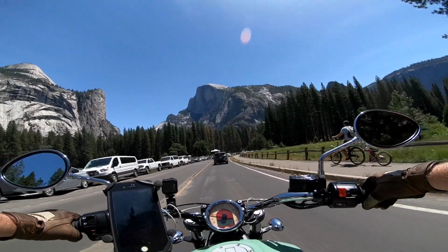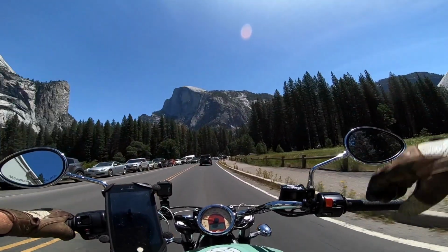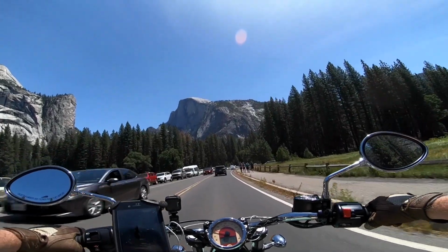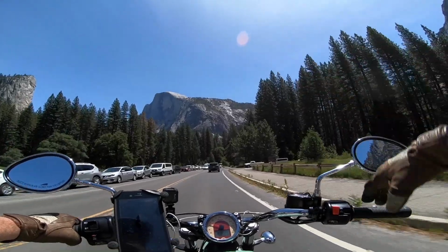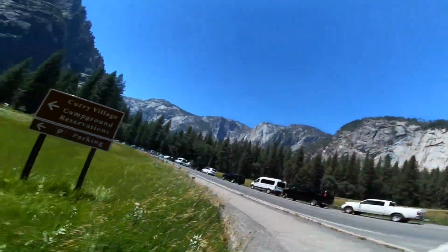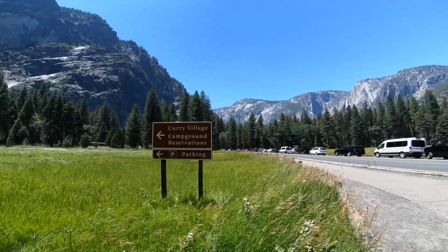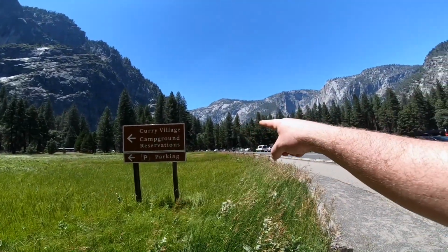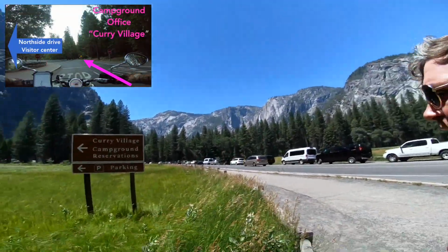Once it gets too crowded, and it will. I'm actually really surprised it isn't yet. It's afternoon now. So there's Half Dome. Yeah, but I showed you all this yesterday, so here we go. Look for this sign. Campground reservations in Curry Village. You'll be coming from that way, and then you'll make a right instead of going with all the other hoopleheads